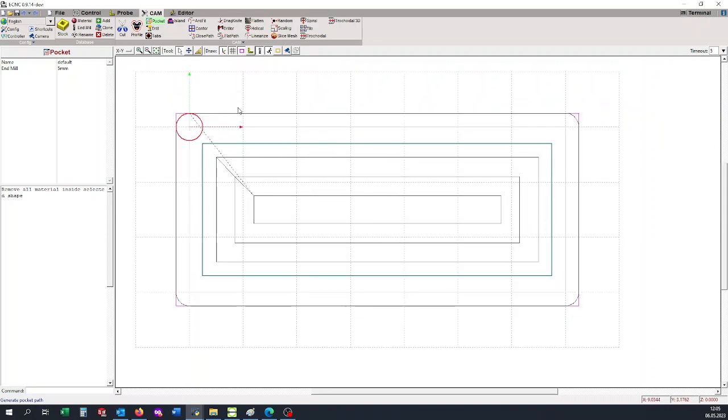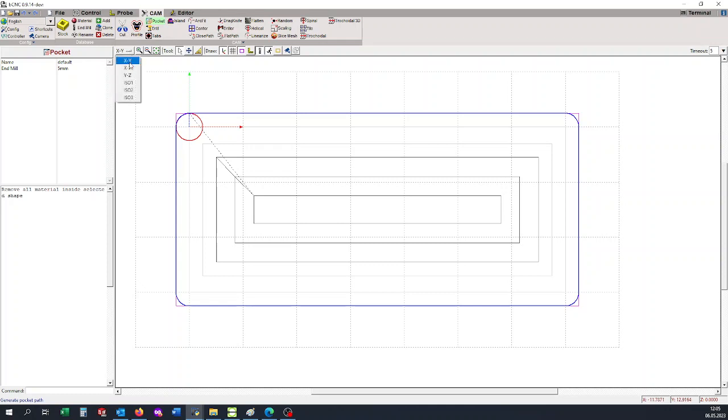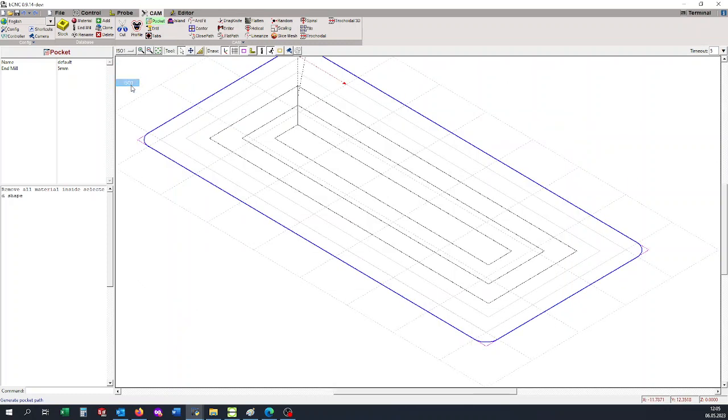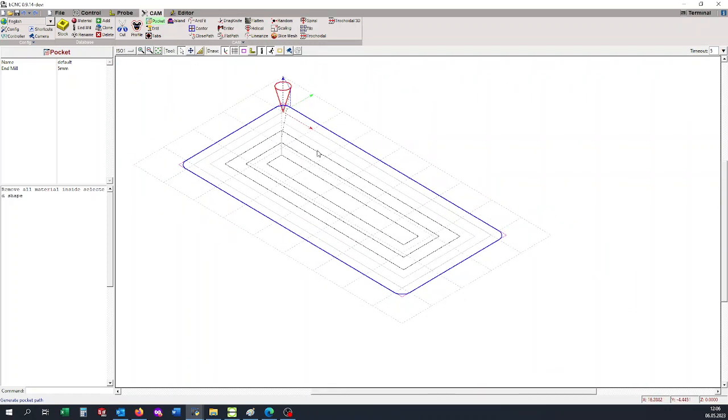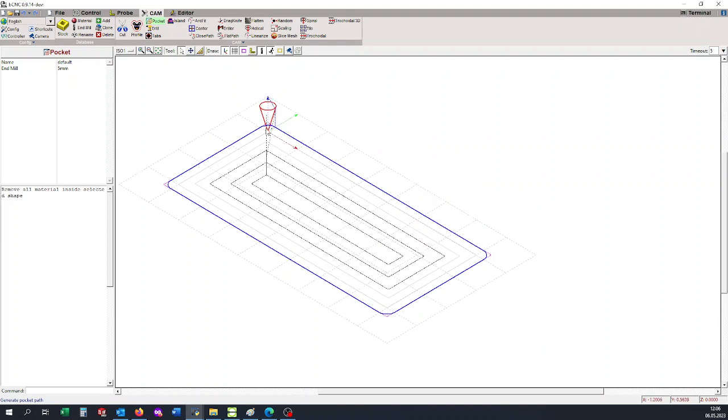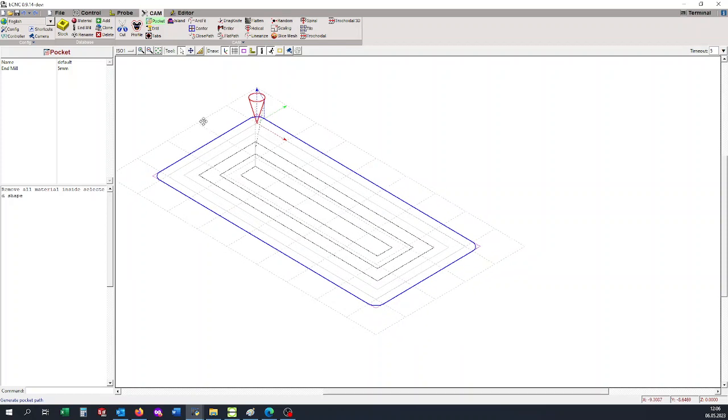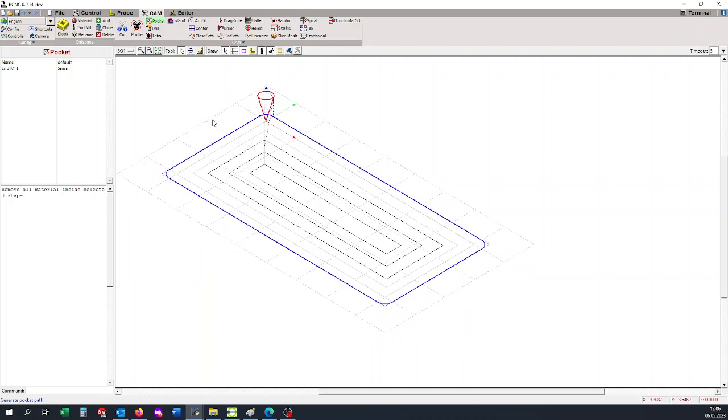And now I want to perform a cut with this. If we change the view here, this is the y-axis and this is the x-axis, but we can also switch to isometric. Now we also see the z-axis. And now I want to make a cut,